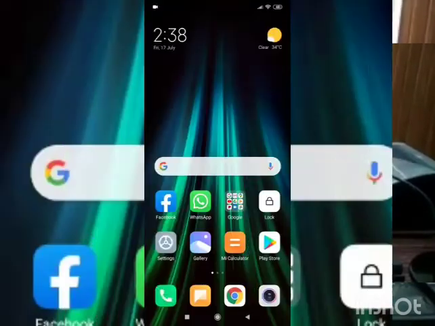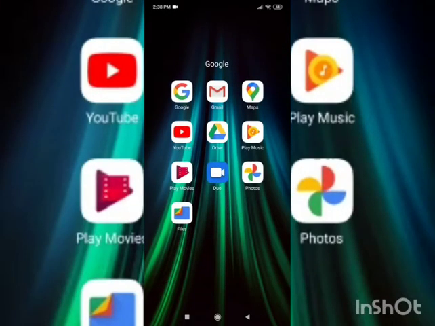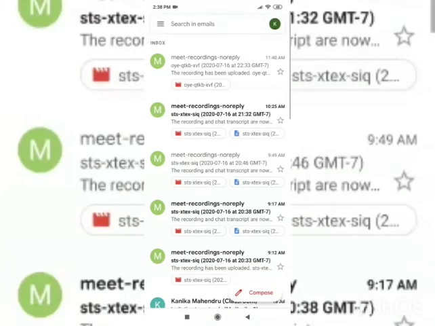Today I'm going to tell you how to add school IDs in your phone. For that you have to search for the Gmail icon in your phone. In my phone, it is installed in the Google folder. So I will open the Google folder, then click on Gmail. Then this screen will appear.